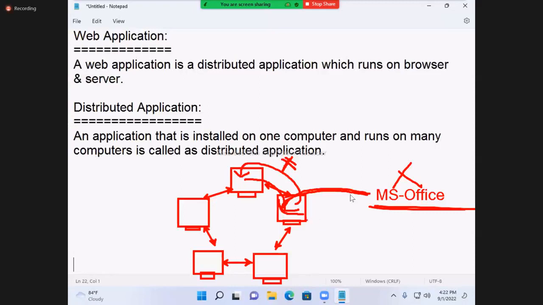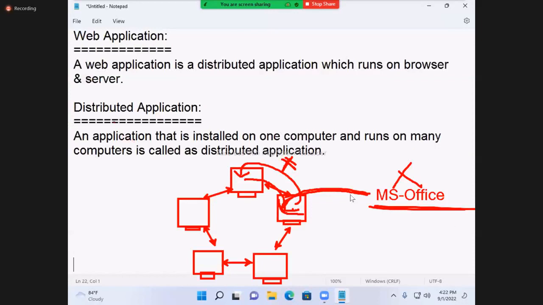It is installed on one computer and runs on that computer only. Up to yesterday, the programs you have seen are standalone applications, running under one system only. Wherever you install, there only. Other places not possible.